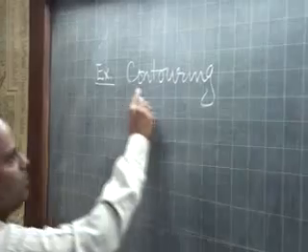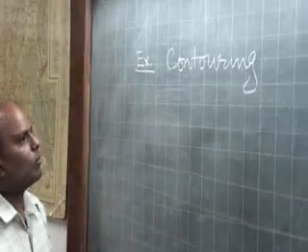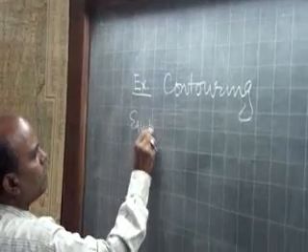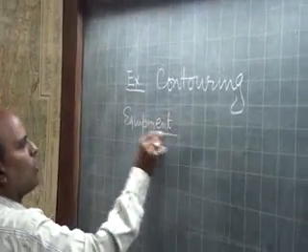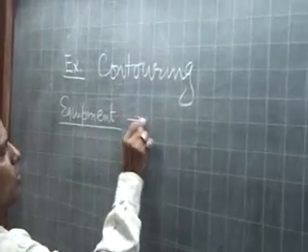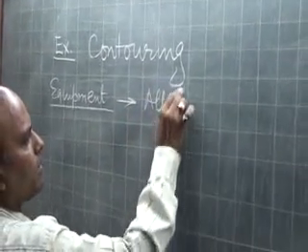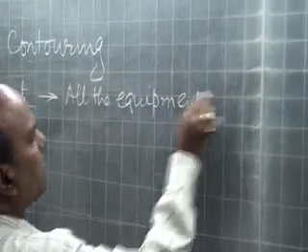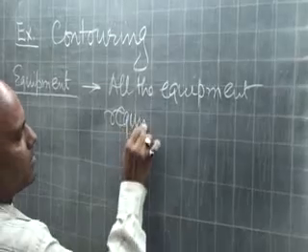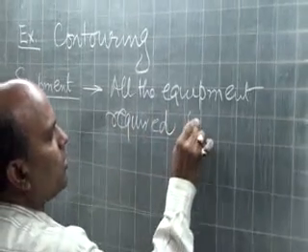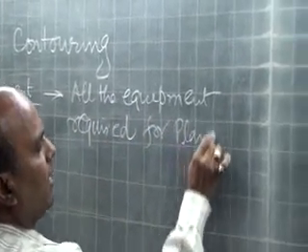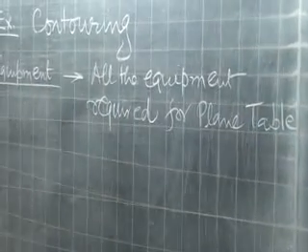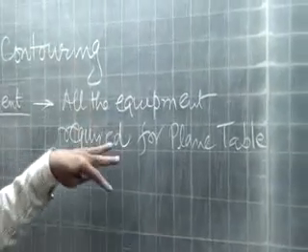So I will explain you how to take the observation and how to do the interpolation. Equipment which you are using is almost same which we are using for plane table. So we are using all the equipment required for plane table because plane table and contouring they are done simultaneously. So here level and staff will play a great role. We can also use clinometer and clinopole to get the elevations of the different points.